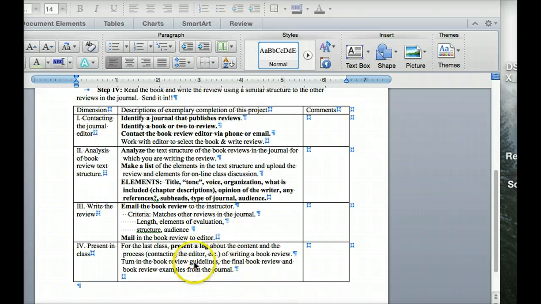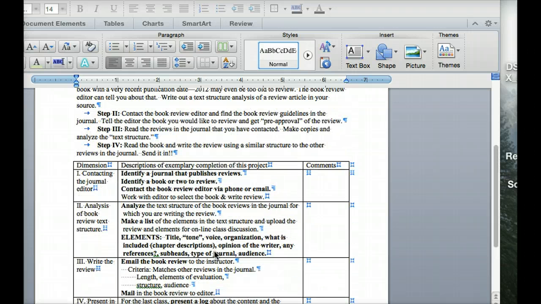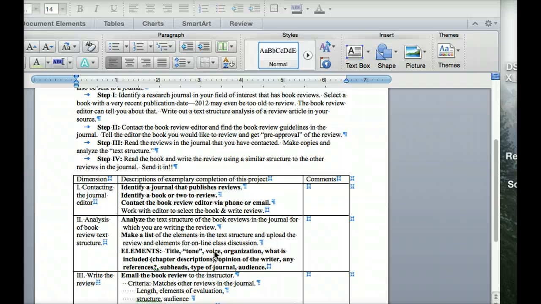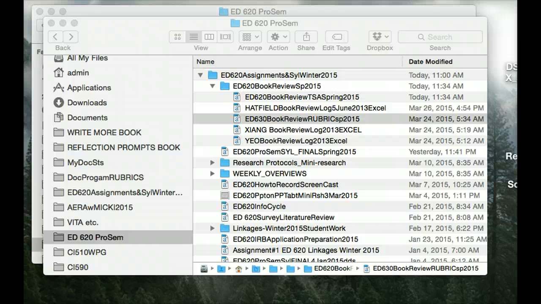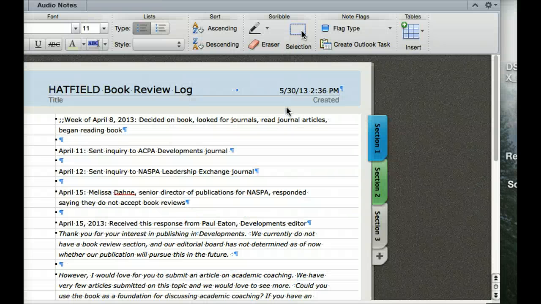And then the other thing is, when you submit that final review, I want you to give me this rubric and present a log about the content and the process of writing the book review. So all along the way, you should be keeping a journal or a log of all the steps that you've taken. I gave you a couple of examples of logs prior in the other assignments in D12, but